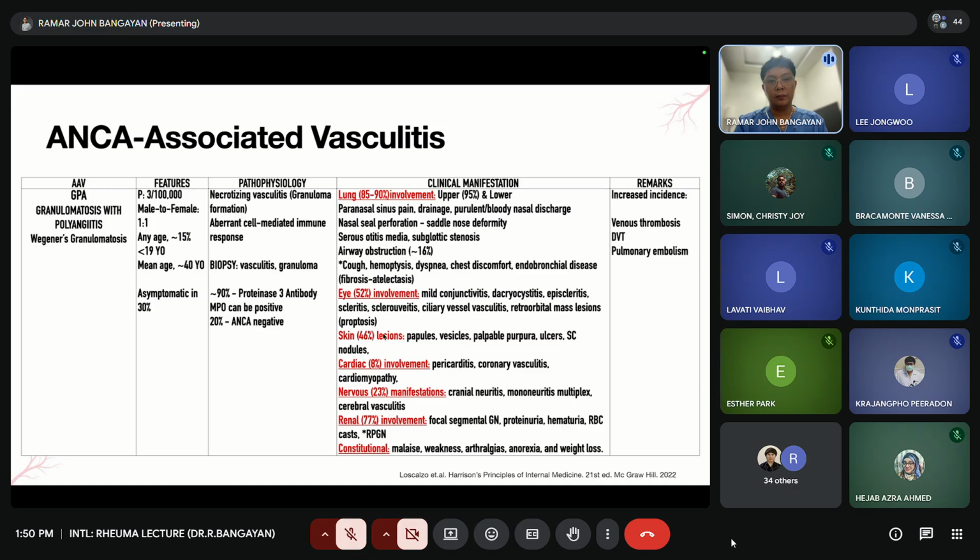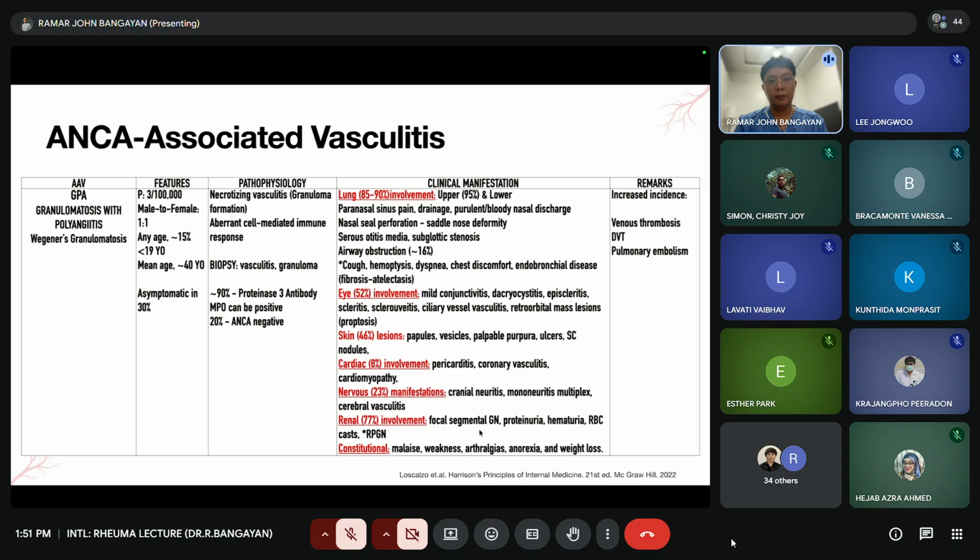Okay, skin involvement is just 46%. What is the clinical implication? Not all patients would present with palpable purpura. Remember that. What you have to look at is the chronic involvement of your upper respiratory tract, your ears, and your nose. And renal, 70% of the time, it can be rapidly progressive